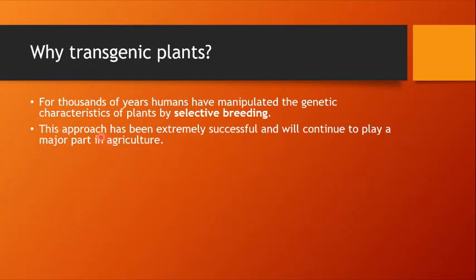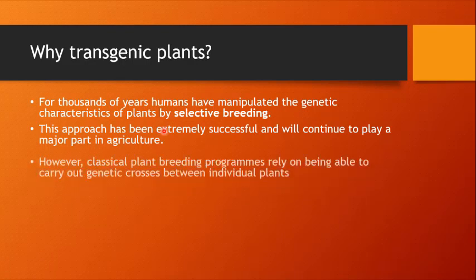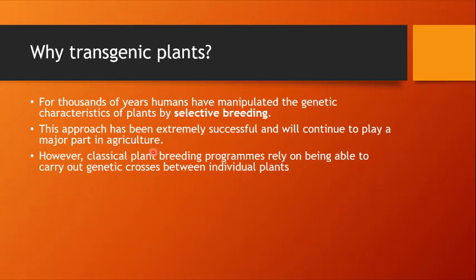So these were the initial efforts put forward to improve crop plants, and they played a very major role in the advancement and development of agriculture. However, classical plant breeding programs rely on being able to carry out genetic crosses between individual